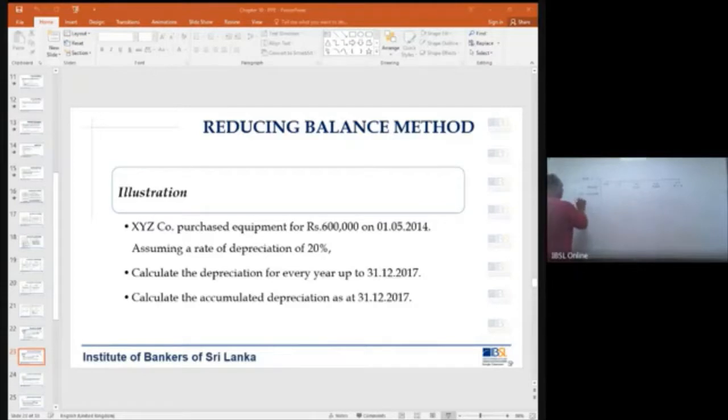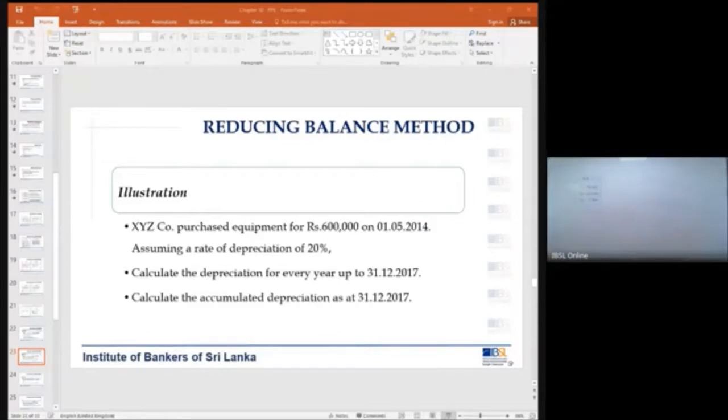So useful life is 5 years, which means like 20%. Calculate the depreciation for every year up to 31/12/2017. And calculate the accumulated depreciation also.